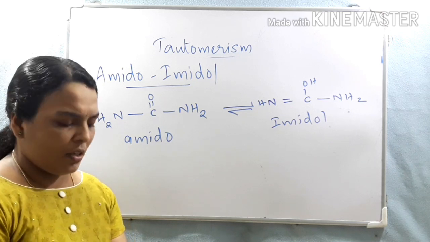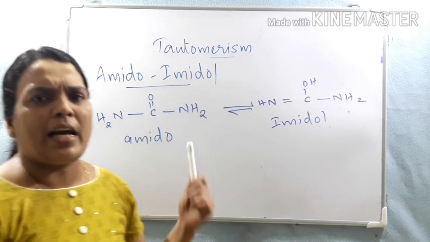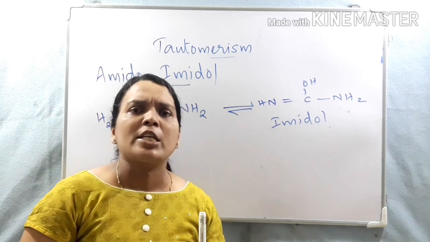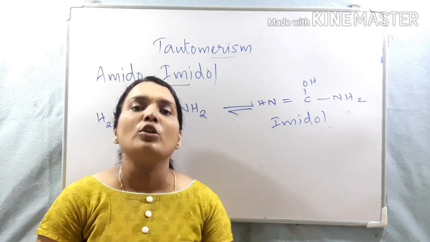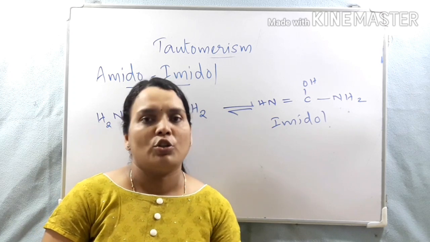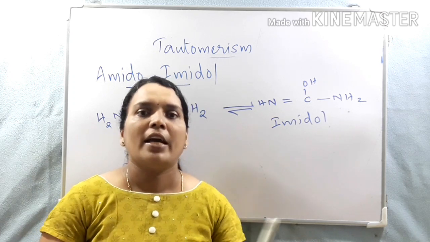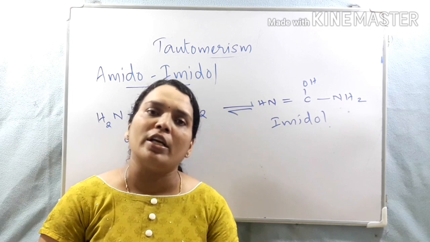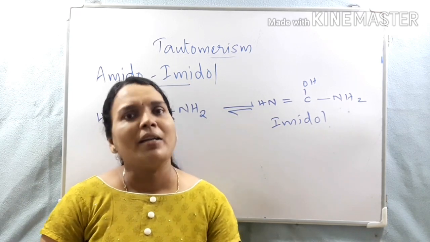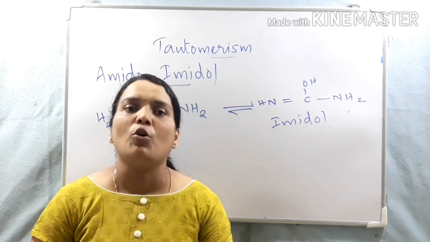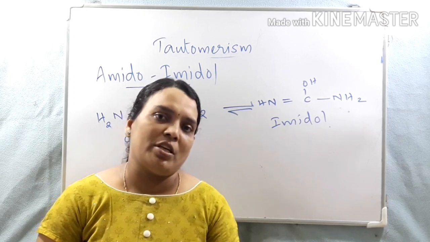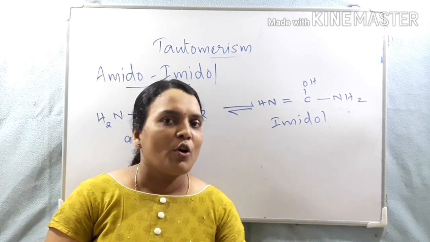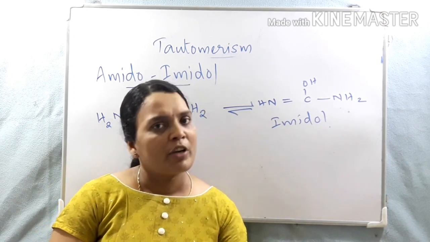Got it? So these are the common types that we can expect in our NEET examination. The most common type is keto-enol tautomerism. 99% we can expect only keto-enol tautomerism. But remember, it is a very important topic for our NEET examination. I hope you all got that idea. If you have any doubt,